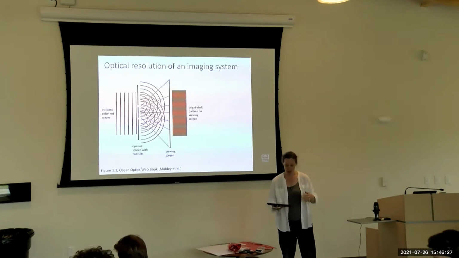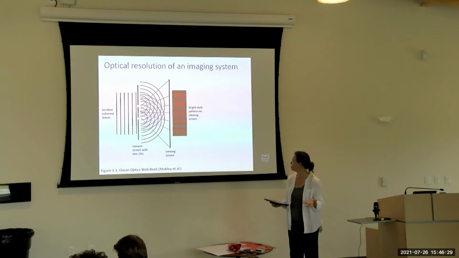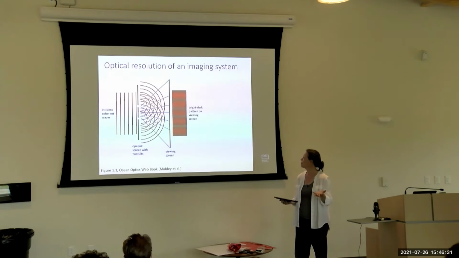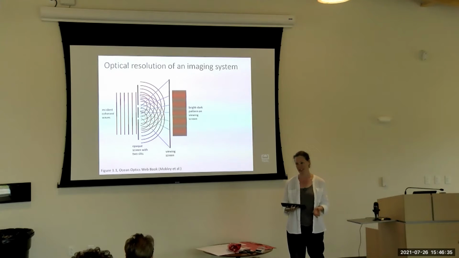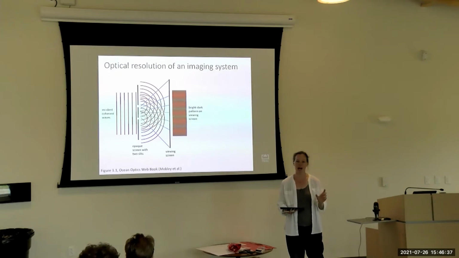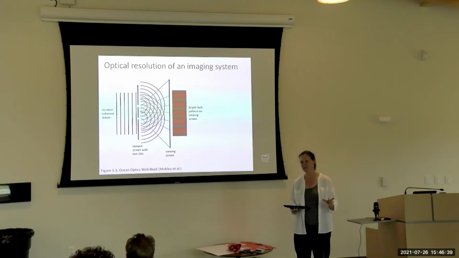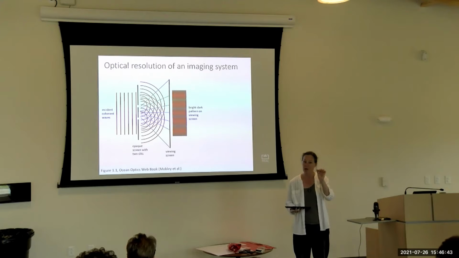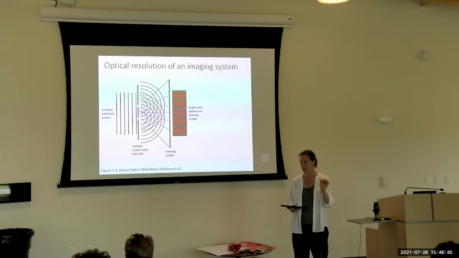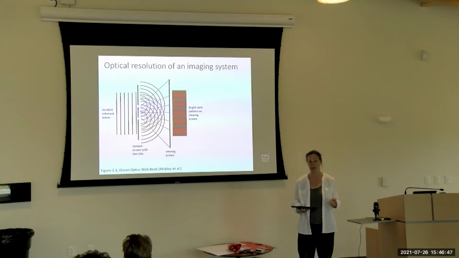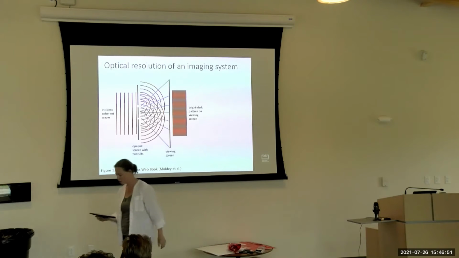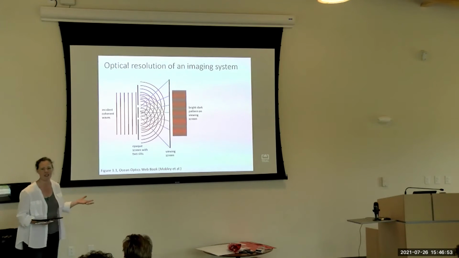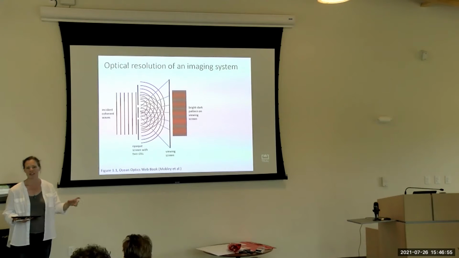Okay, so starting off, we're just going to think about what an imaging system is actually detecting. And what is the optical resolution? So what's the theoretical resolution in terms of how small of features in sample space can a camera system detect? What I'm showing here, the cartoon on the screen, is just a representation of a diffraction